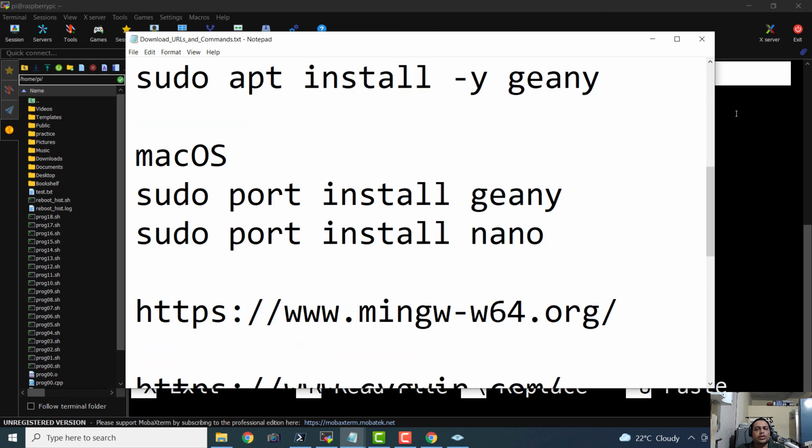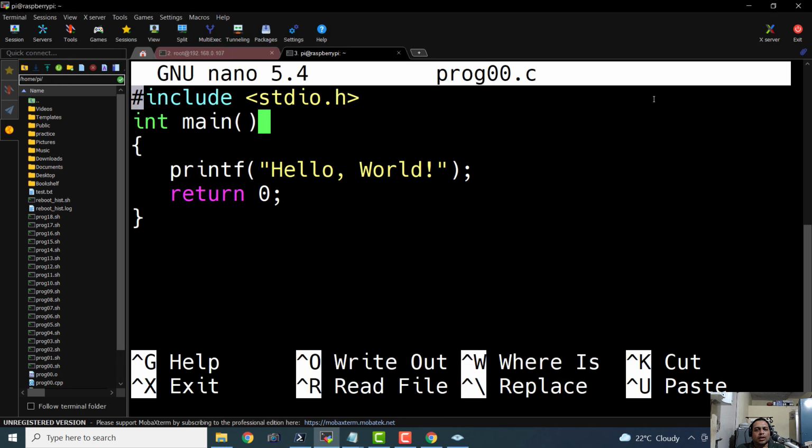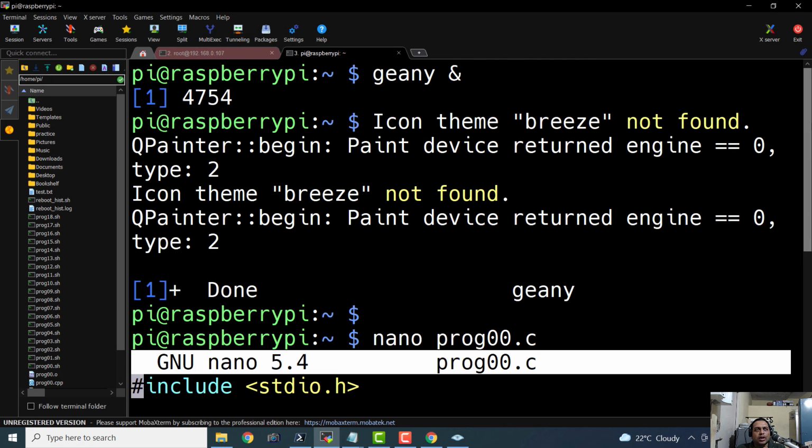So this is all about the GCC compiler on platforms like Windows, Mac OS, Linux and FreeBSD. We have had a very good tour of all the GCC compilers for all these operating systems.